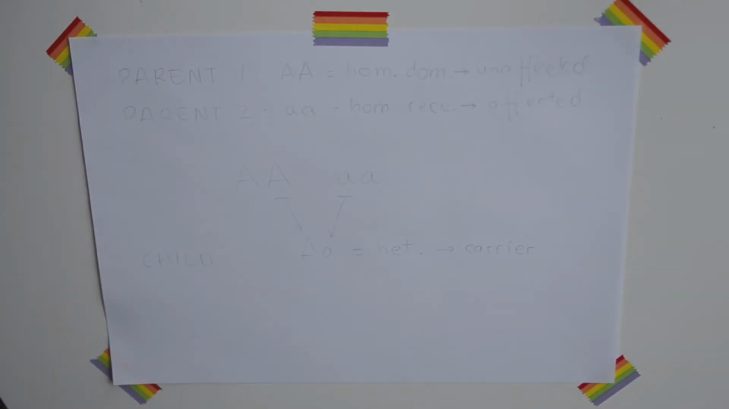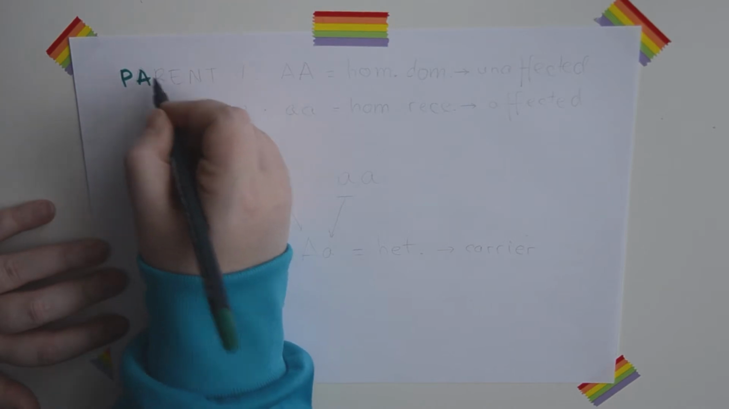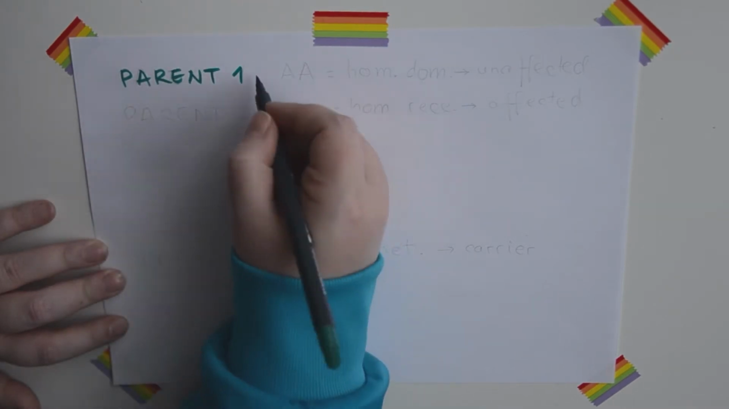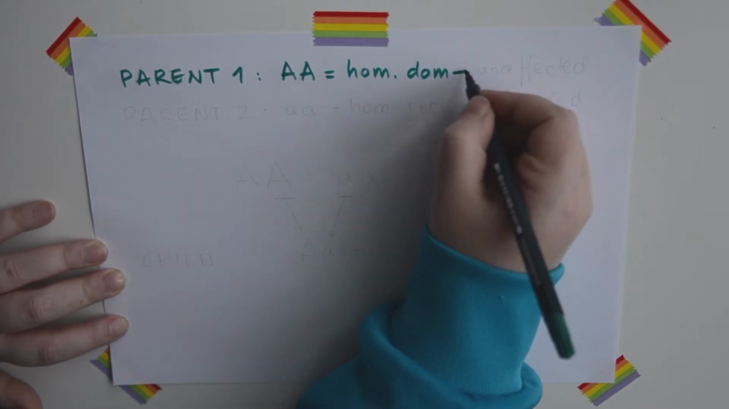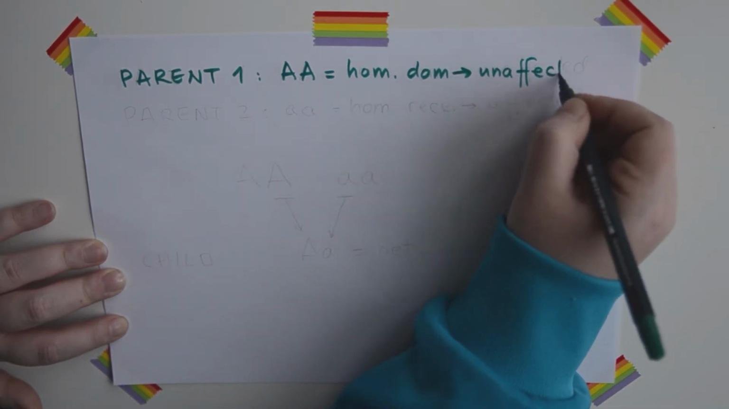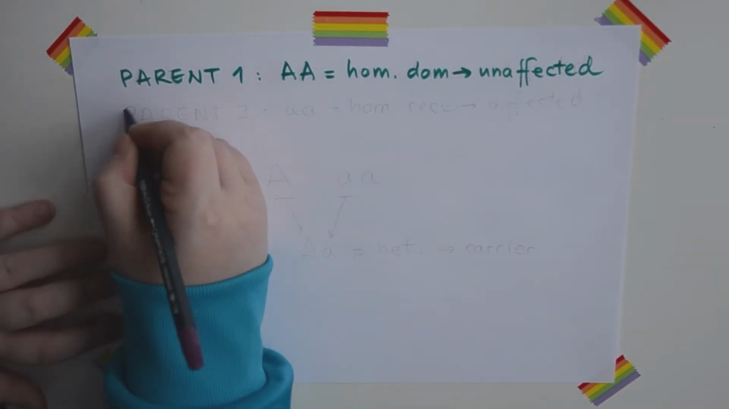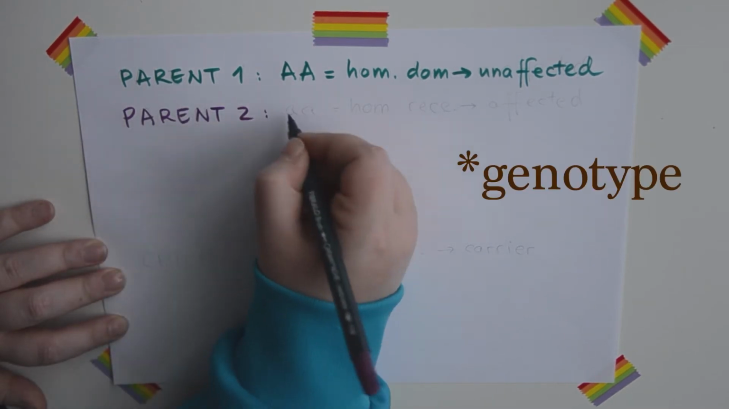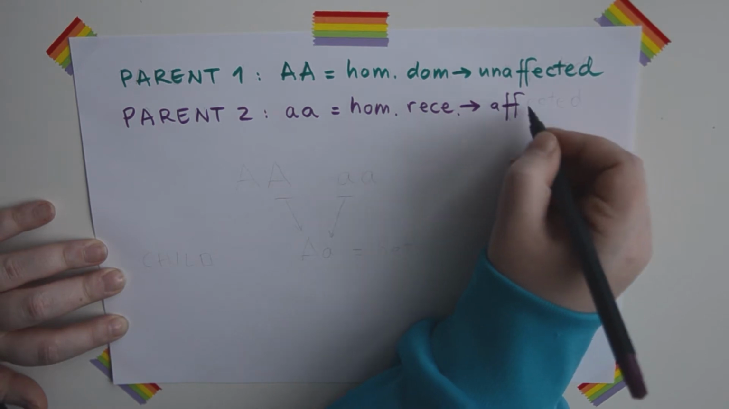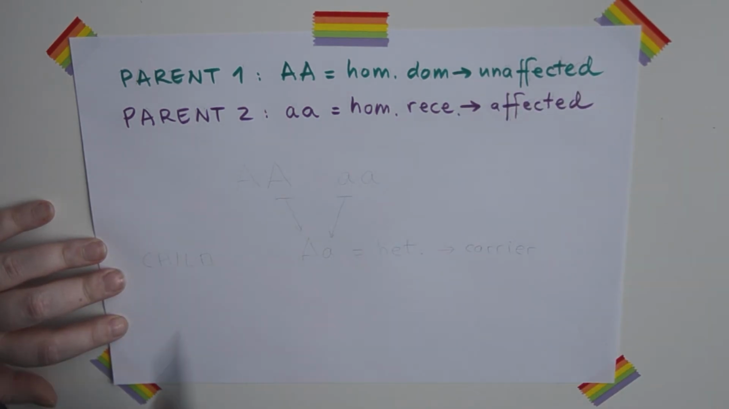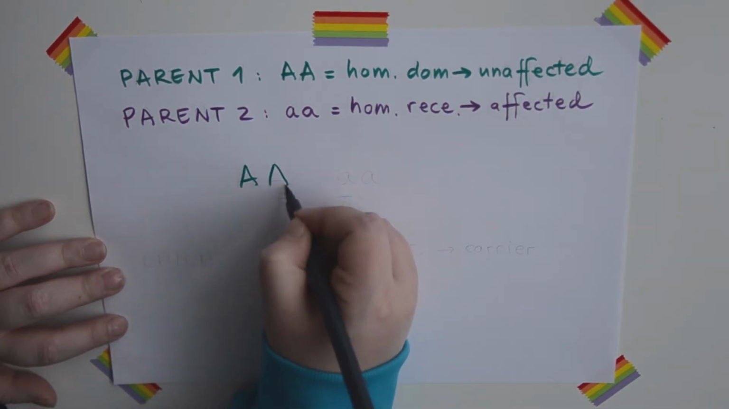Let's use an example of two people who want to have a child. One parent has big A, big A. Their genotype is homozygous dominant. Their phenotype is unaffected. The other parent has small a, small a. Their genotype is homozygous recessive. Their phenotype is affected. When they have a child, the child gets one big A from the first parent and